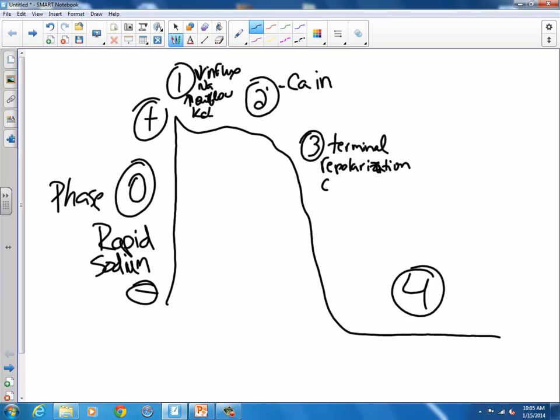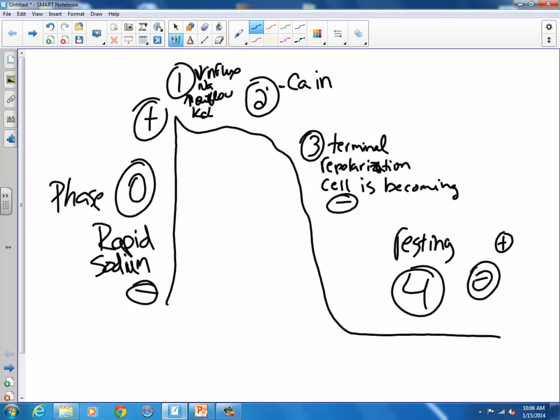So the cell is becoming negative. And then phase 4 is what? Alright, so that means that the cell is negative and the outside is positive, right? There's still a little bit of potassium that's coming out,